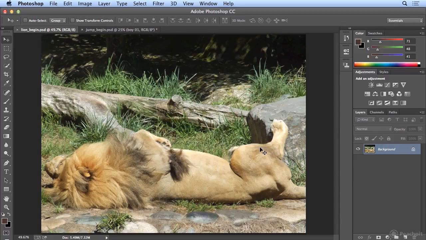Puppet Warp is one of those just really fun tools to play with in Photoshop. And Puppet Warp also has useful features. It lets you bend objects in any direction you could imagine. Now in this image, I've got a photo of a lion and I want to make it look like he's